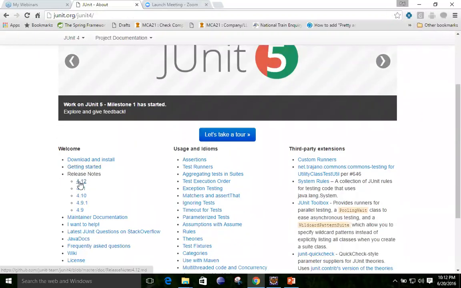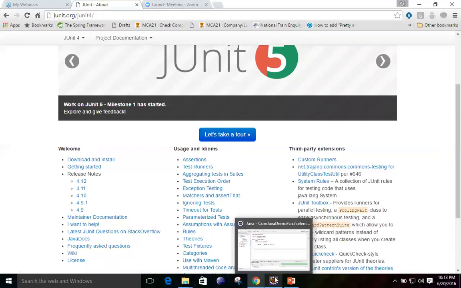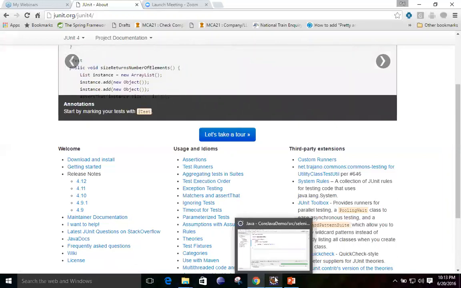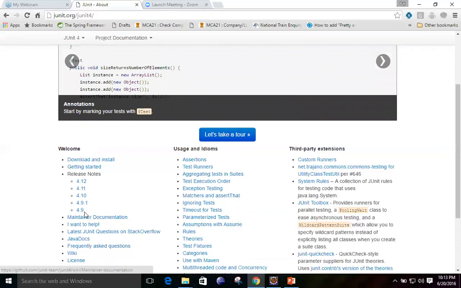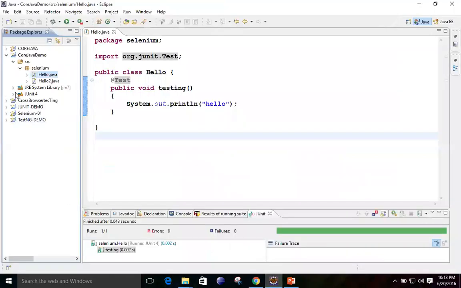These are the different versions, 4.12, 4.11, something like that. But be sure which version will be suitable for your programming. Sometimes if you download 4.9, it will work. But if you download 4.12 and add the jar files, there may be a chance that it is not going to work.